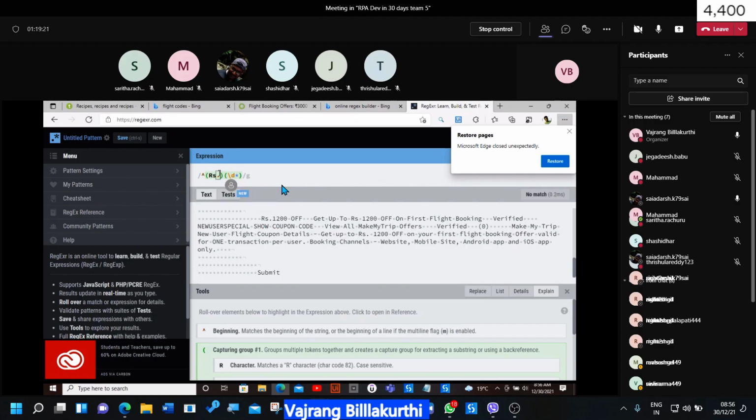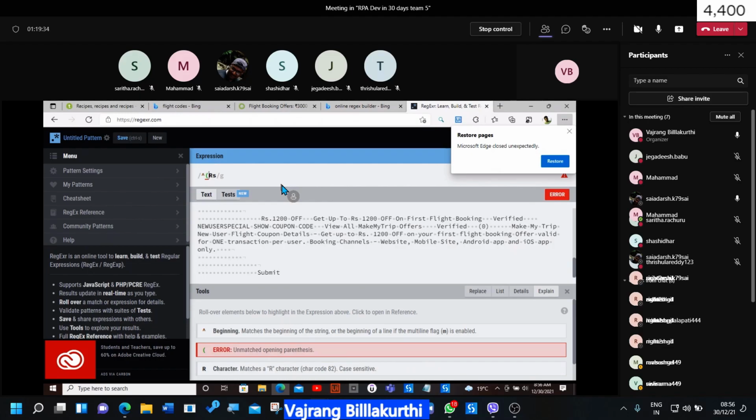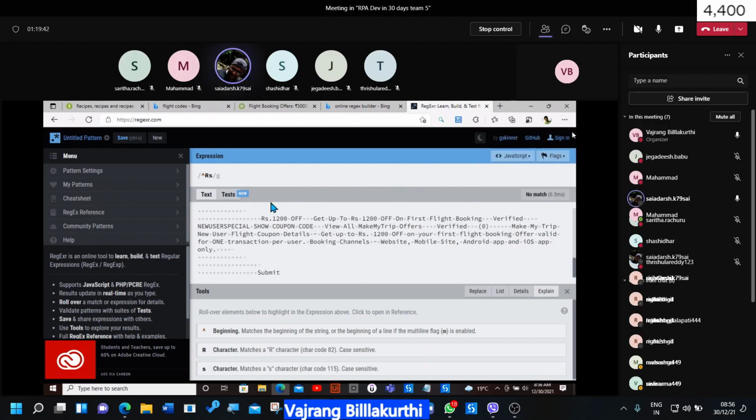Okay, let's remove this one. Let's remove this one as well. Let's see if we are going to get star. RS, there are spaces, right?